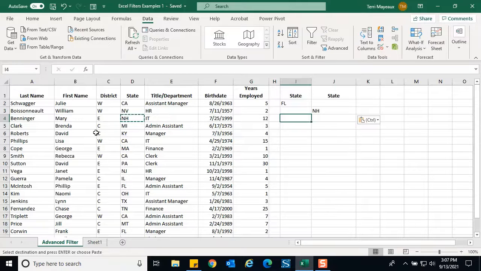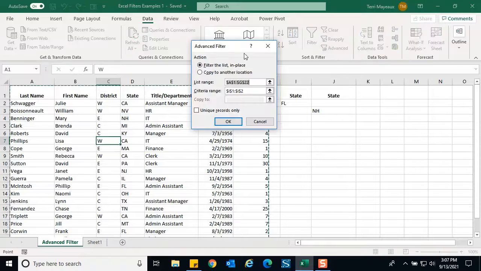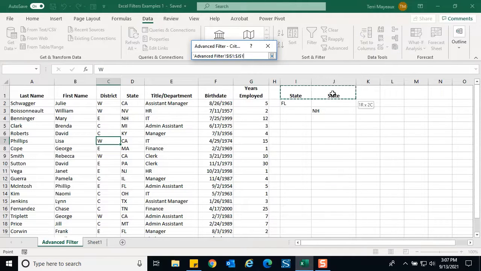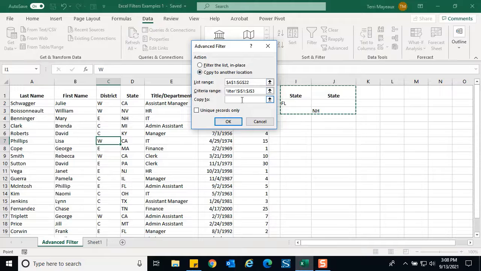So from here then, we'll click on our spreadsheet, we'll click on our advanced filter, and we'll not filter in place this time, but we will actually copy to another location. Now our list range did not change, but our criteria range probably needs to be checked. Yeah, so it is actually I1 through J3. We'll click on our little blue drop-down arrow, and